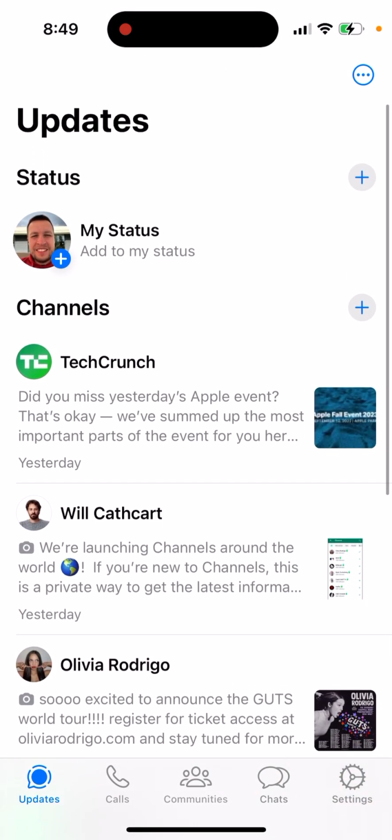And what are channels basically? Why is WhatsApp launching this feature? So this is like a broadcast, like channel broadcasting. Imagine a group chat, but in that group chat only the admin can post, and everyone else can only comment under the admin's message or just send reactions. So that's basically what channels are.